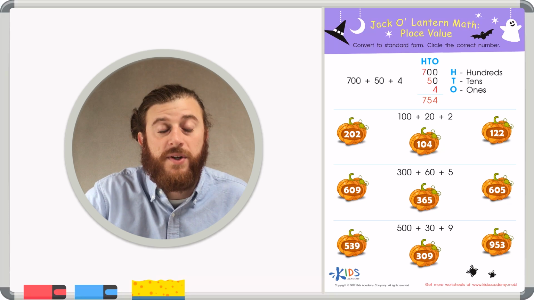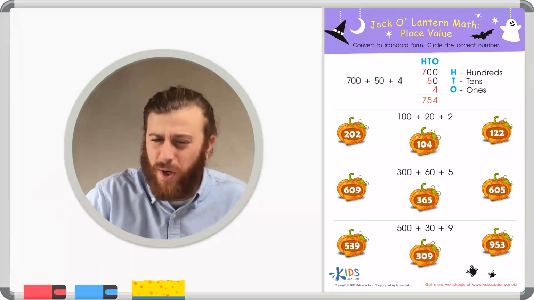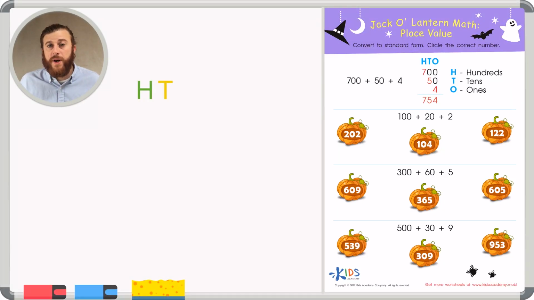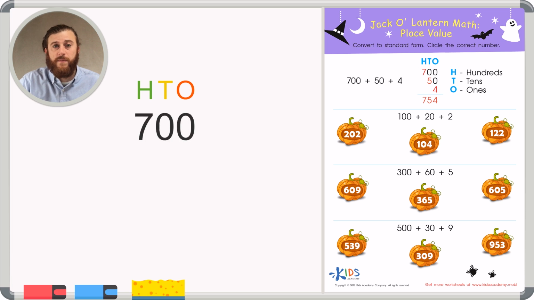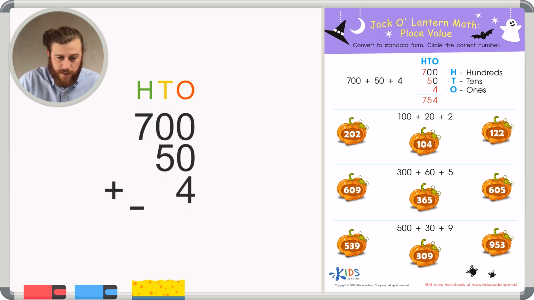Well, let's start with a simple place value chart. Our place value chart will include hundreds, tens, and ones because we know our number has 3 digits. If we put a 700 or a 7 in the hundreds place, followed by 2 zeros in the tens or ones, we put our 5 in the tens place, which turns out to be 50 with a 0 in the ones place, and our 4 in the ones place, and we line them up nice and neatly,